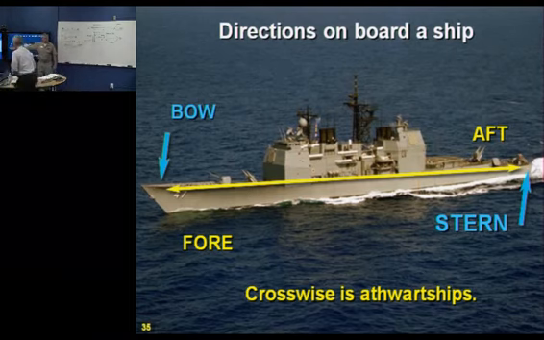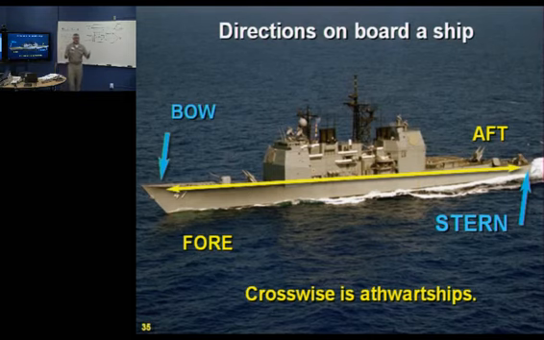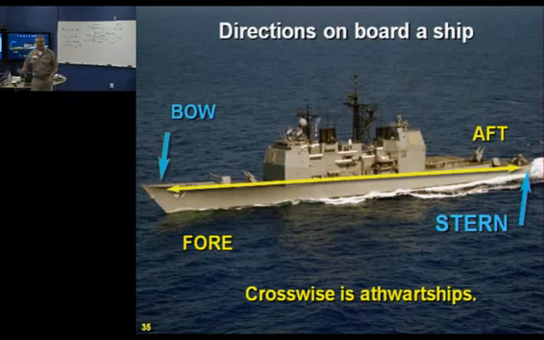Fore means forward. Aft means at the back end of the ship. So if I was heading forward, which direction would I be heading towards? The bow or the stern? The bow. And if I'm heading aft, I'm heading towards the